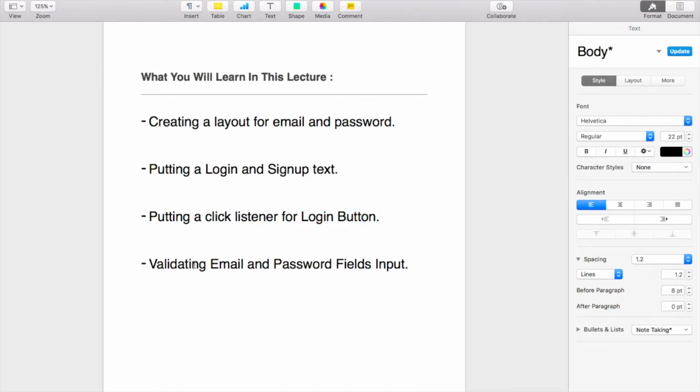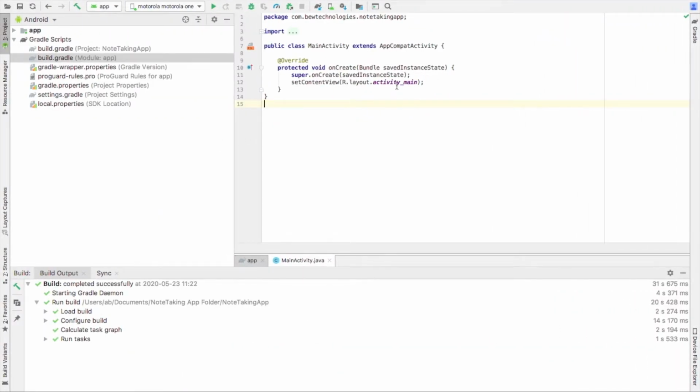We will put a click listener for the login button and we will also validate the email and password fields input. That means whatever the user inputs, we'll check if it's a valid email or if it's a valid password. So the first objective is creating a layout for email and password.